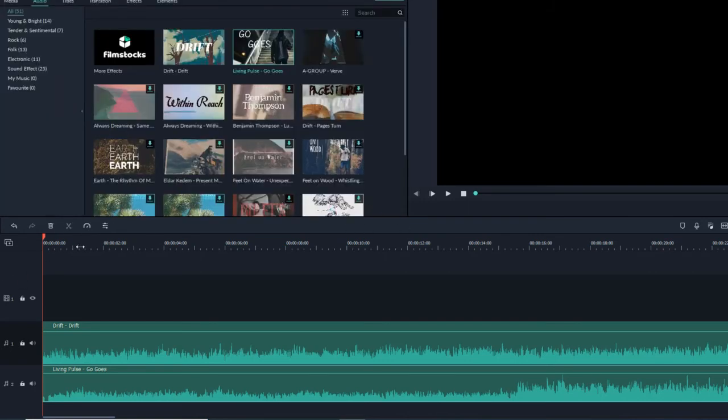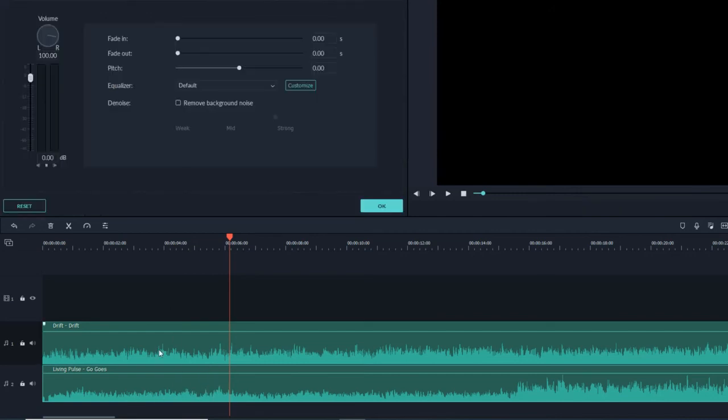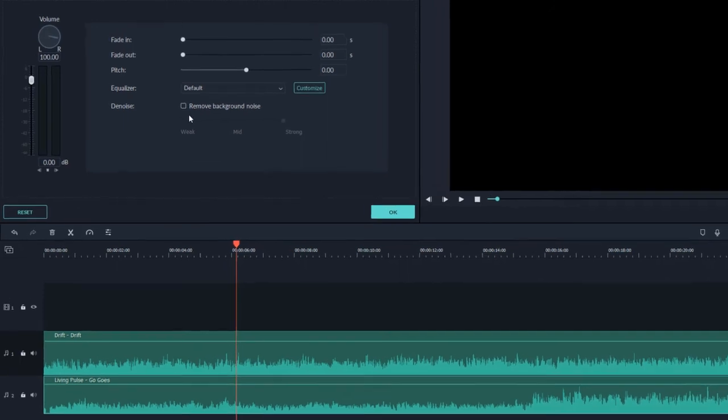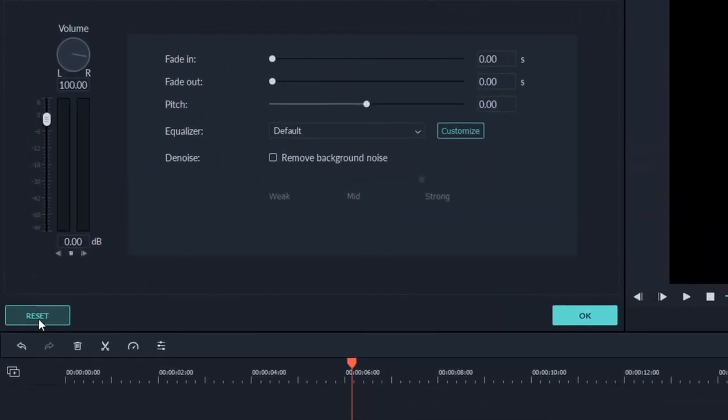Now let's play it and check out. Now you can hear each track in one of your ears. On the left you can hear Drift, and on the right you can hear Living Pulse. If you're not satisfied with these audio property settings, you can click on this reset option here. If you're satisfied, you can click on OK.